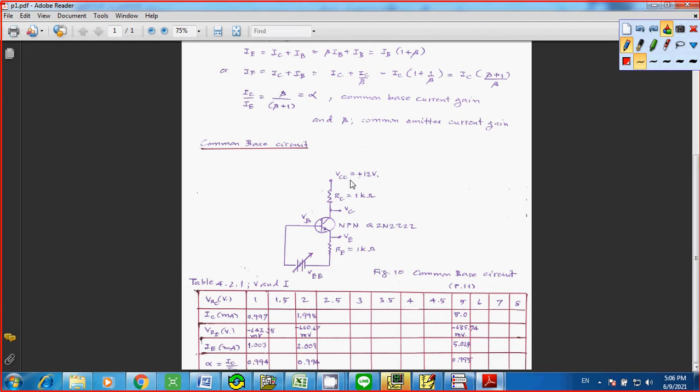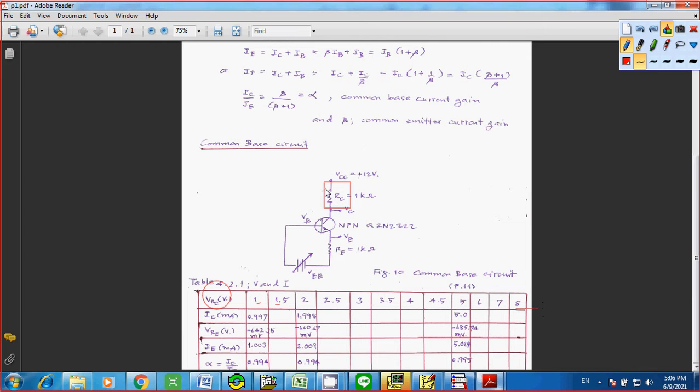You supply a voltage of plus 12 volts through the collector. You have RC equal to 1k ohms, you have RE equal to 1k ohms, and you need to adjust VEE until you achieve VRC, or the voltage drop across the collector resistor, to be 1 volt,